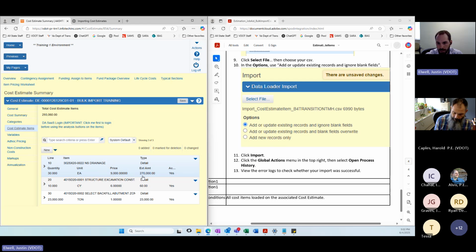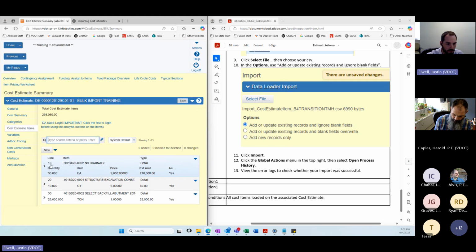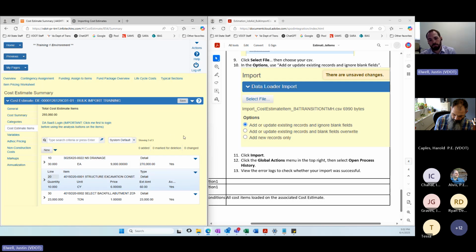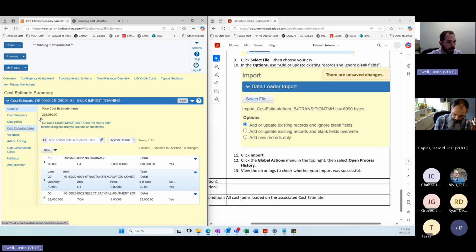Forget everything I said about using a calculator on the side. But you can see 3 items here. To, I think it was Ryan's question earlier, if you see the line numbers, basically you just want to match whatever's in AWP. So that's why there's no leading zeros on that one. It says 10, so you want it to be 10. Whereas on my categories, I have them listed as 0, 100, so I would want those to be 0, 100 when uploading in. Hopefully that answered your question from earlier.